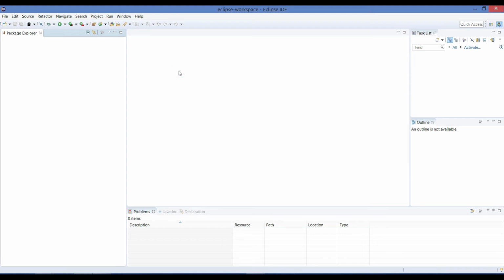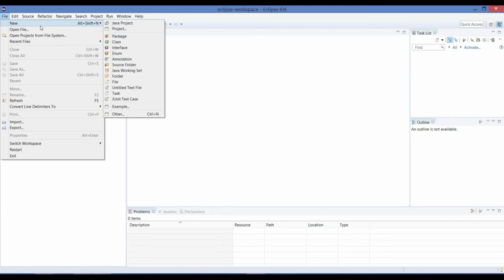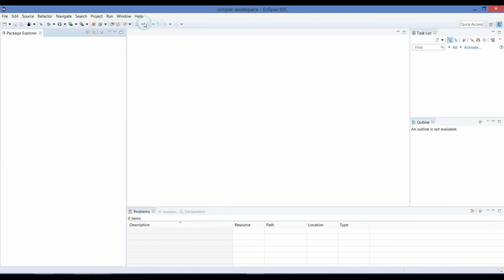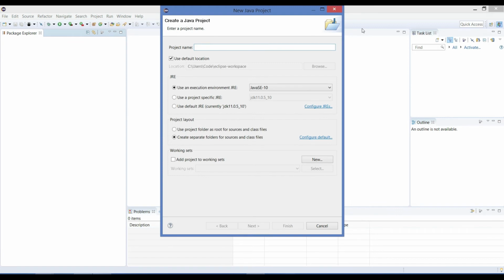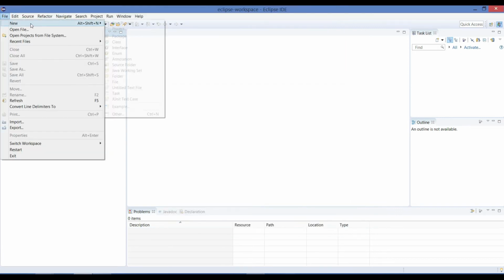Let's head into creation of a new project. Whenever you want to create any Java program, you create a Java project first. Click on File, New, and Java Project.